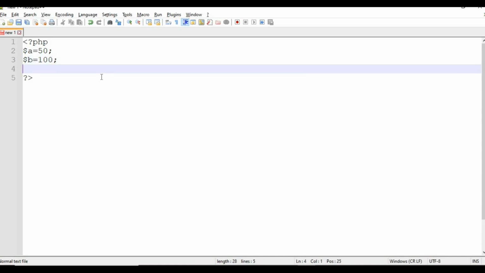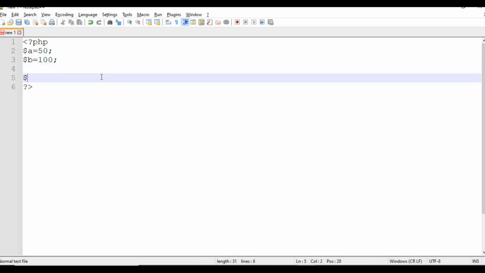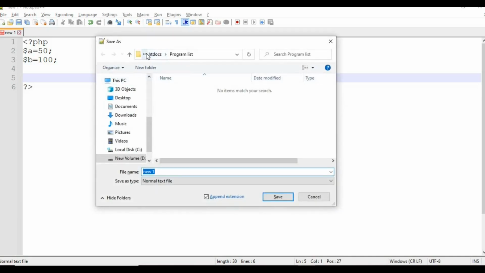In this I will add these two values first. Okay, before moving ahead to write the rest of the lines of the code, just save this file first. I already installed the XAMPP, which is required for the PHP.